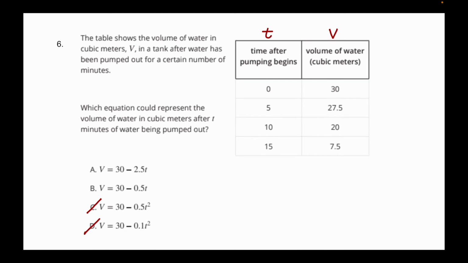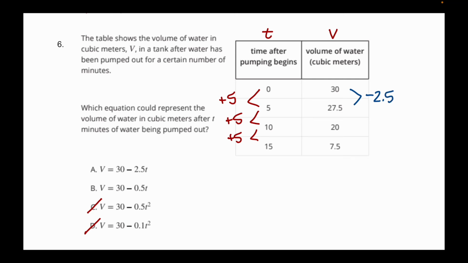Now, what we want to check is what our rate is. So I want to see how these numbers are going. These look like they're increasing by 5, and that pattern seems to stay the same for each one. Now, on the right-hand side, 30 to become 27.5 is 2.5, so it's decreasing by 2.5. And this looks like it is decreasing